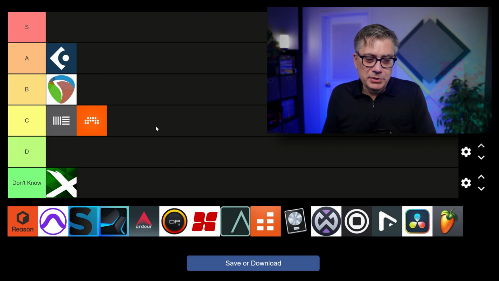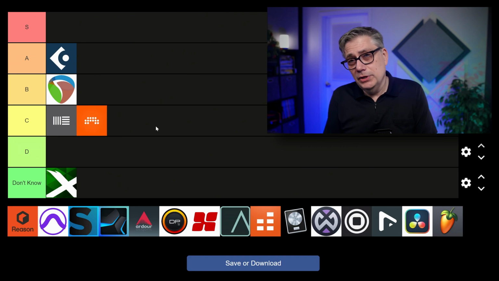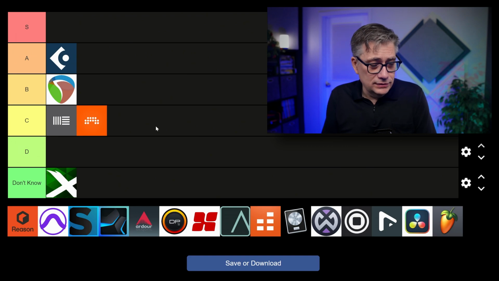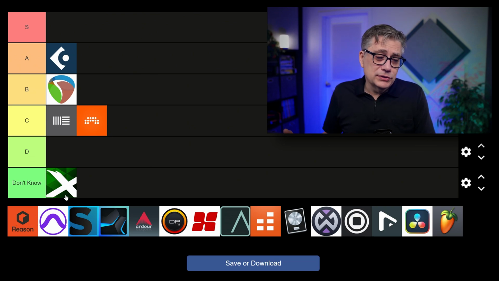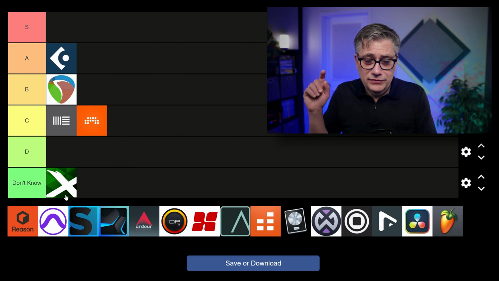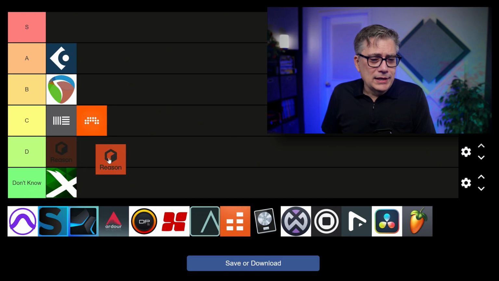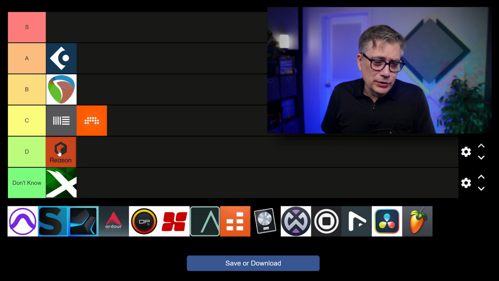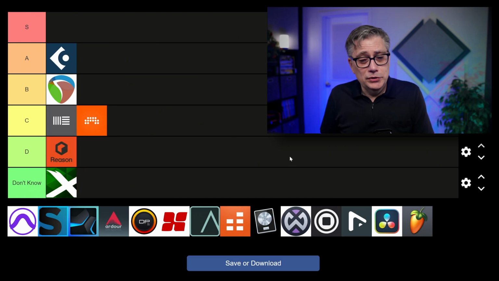It's also a bit of an issue that plugin scanning still doesn't really work, at least for me, not perfectly. I do have a full license to Reason, but I almost never use it. And it's probably something that you could use with Dolby Atmos. I would assume that the Fiedel Audio Dolby Atmos Composer works fine in Reason, but I've never really paid much attention to that. So I'm sure I'm going to disappoint a couple of people, but I'm going to put it into D tier